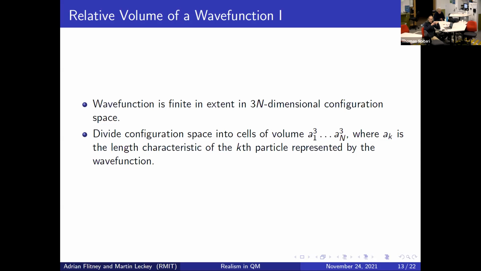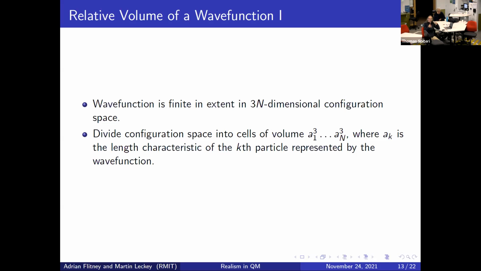So one thing, once we've discretized the wave function, there is a minimum magnitude that's representable in this physics. That's the f0. So as the wave function spreads out in time, the tails of the wave function will drop below f0 and then they'll actually be 0. So a wave function doesn't extend off to infinity. It is finite in extent. And this finiteness is in the 3n-dimensional configuration space.